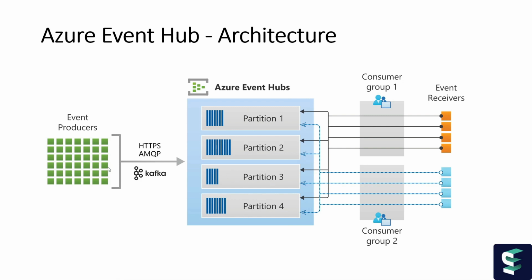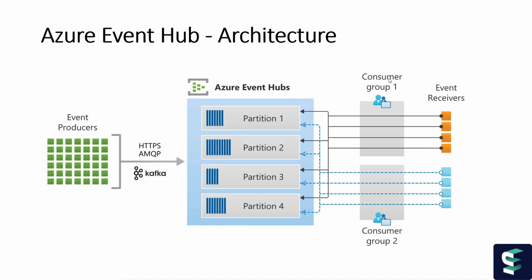If you want all the data from a specific service or application to be ordered, then you have to point to a specific partition whenever you send data from that application, so that all the data from that application goes to that specific partition ID and is ordered from oldest to newest event.